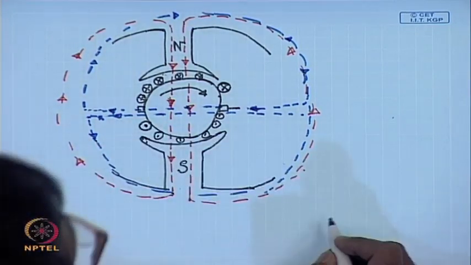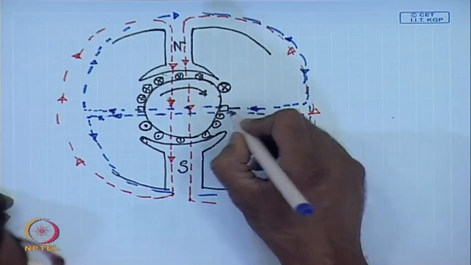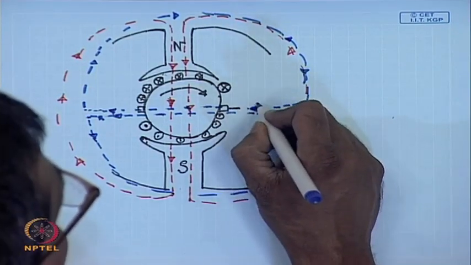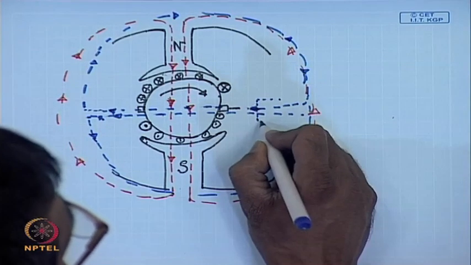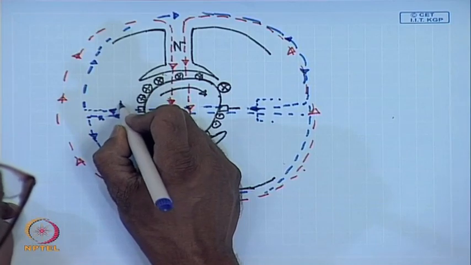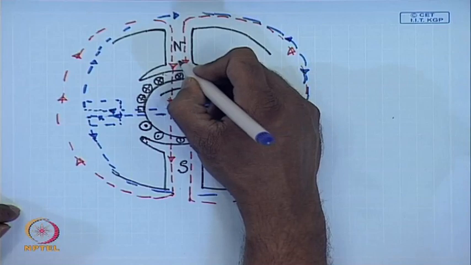In other words, the armature MMF will produce a virtual north pole at the interpolar region, a flux that is equivalent to a north pole, that is the pole left behind